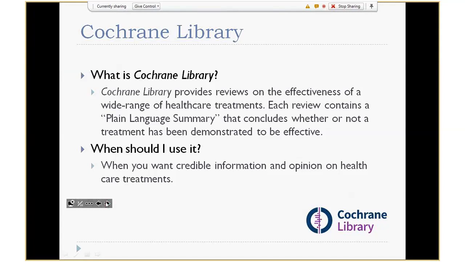The Cochrane Collaboration is an international nonprofit organization made up of health professionals, researchers, translators, and worldwide consumers who volunteer their time and efforts to the development of the resource. So what's in here has been reviewed by an actual credible organization about treatment that you're looking at. So that's what Cochrane is, but again, you won't be able to look at it today since it is still